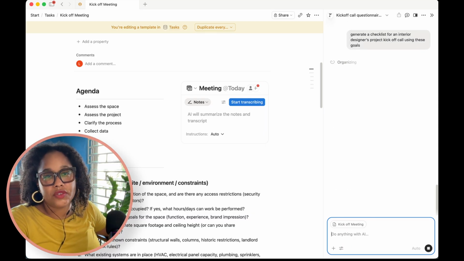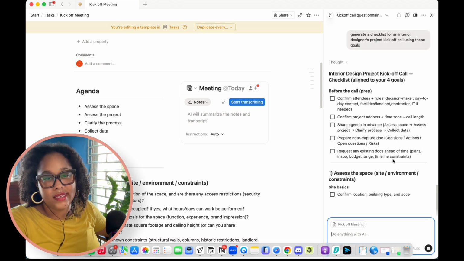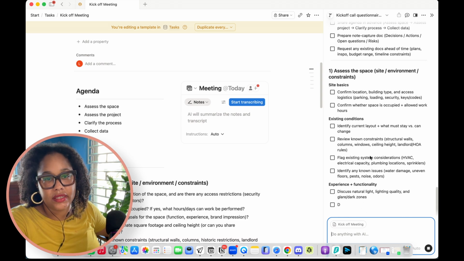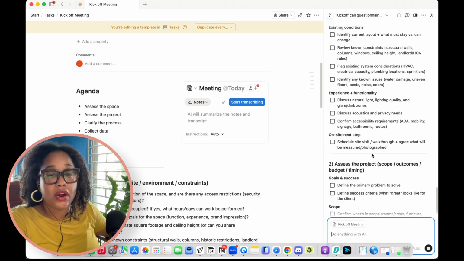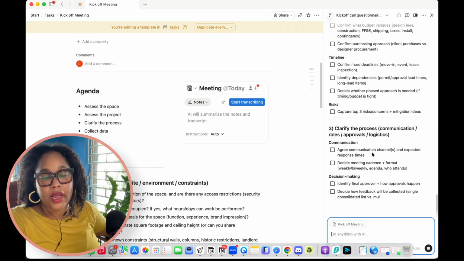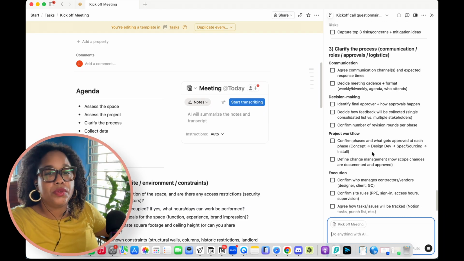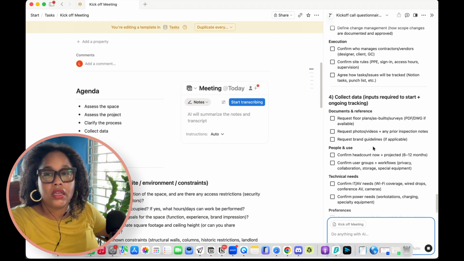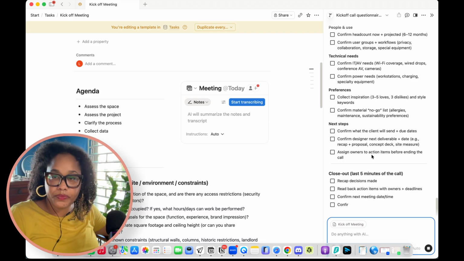So while AI is running, the idea is that you've already done this work, right? And AI is generating some of this content for us, but you might already have your processes written out that are unique to you. And so what you can do then is say, okay, I'm going to